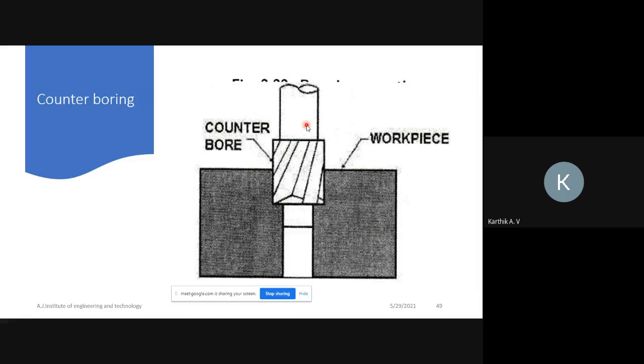Next one is counter boring. With counter boring, you can create flat surfaces at the end of the drilled hole. That is for the bolt head, as you have seen, right? For that purpose we can create this head.